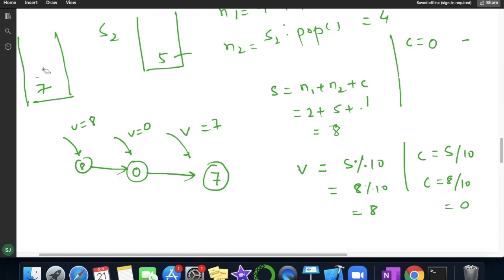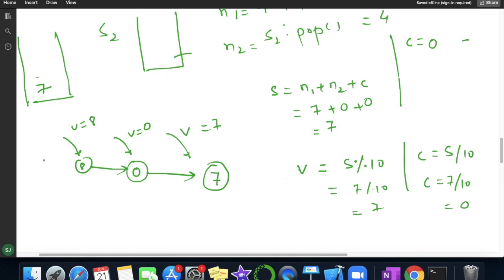Now let us pop the next element. S2 is empty, so we have to pop only S1. And since S2 is empty, N2 will be initialized with 0. So N1 is 7 and N2 is 0, and C is also 0. So we will get 7, and carry 0.